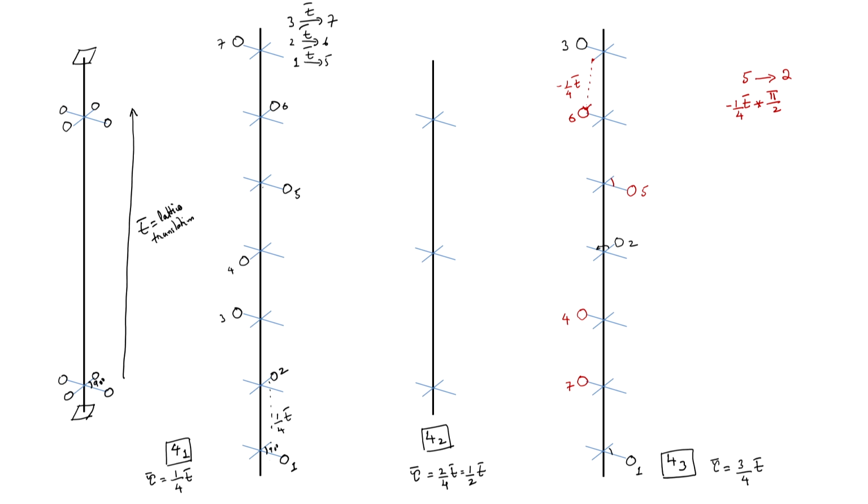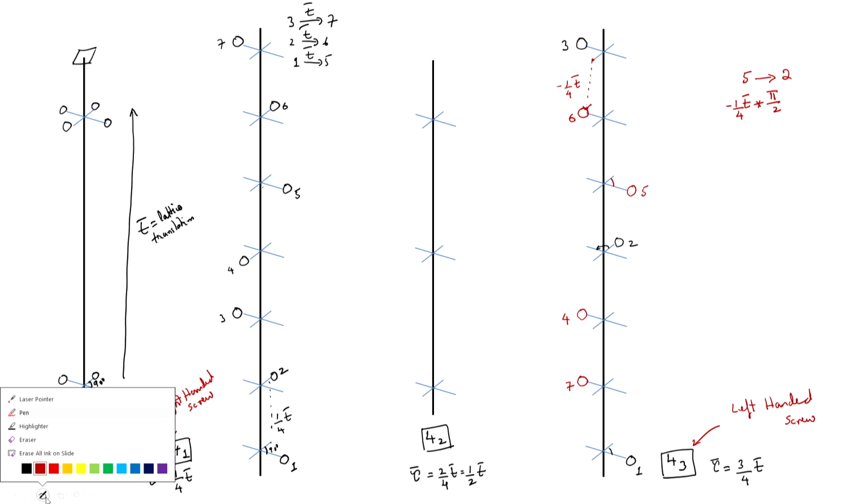It is like, again, 1 is kind of a right handed kind of a thing. So, this we can call it as right handed, and this one can call it as left handed, but this is not right handed and left handed in the sense of chirality. So, there is no change in the handedness of anything. So, that is why I am calling it, this is a right handed screw and this is a left handed screw.